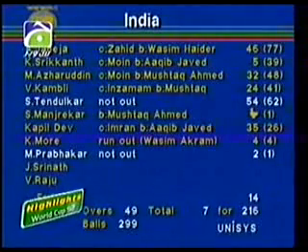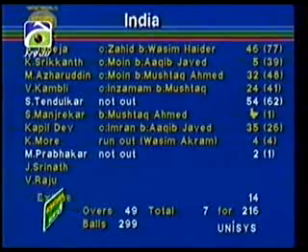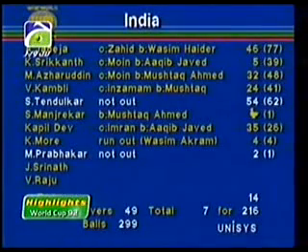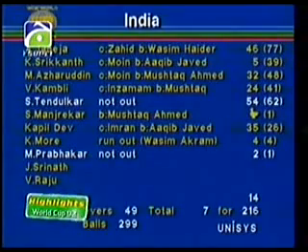At one stage it looked as though they'd only make just fractionally over the 200. As it was, this is the way their card finished at the end of the innings, 216, so I reckon there was a bonus there for Mohammad Azharuddin's side. He played very well, so too Jadeja, and Tendulkar once again with his 54 not out in tremendous form, and that partnership with Kapil Dev could be the match winner.